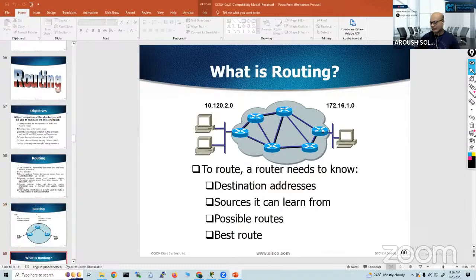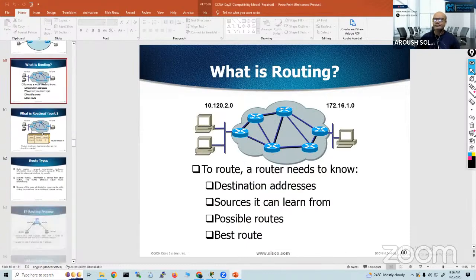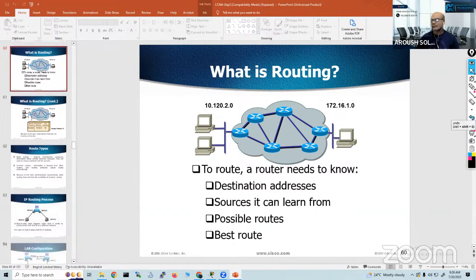Now, what is routing? These are a few parameters, guys. You should remember this. What is routing? This is the 10.0.0 network, and this is another network. As you know, this is your Class A, and this is your Class B, correct? To route, the router needs to know this information: a destination address,